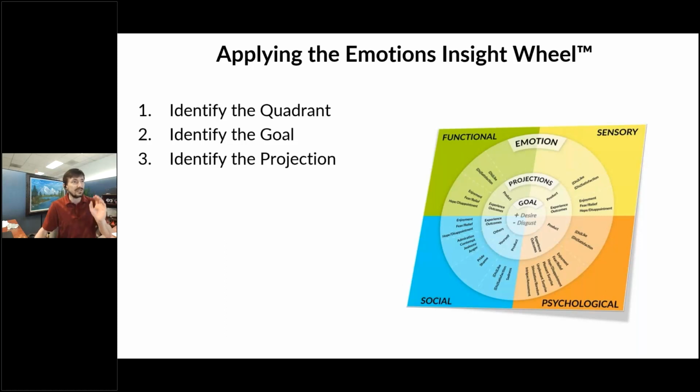What is the projection? Is it on the product and the qualities of the product, or are they talking more generically about the experience as a whole, or a process as part of the experience? Or are they talking about a person specifically? And then which emotions are they talking about? Because they may use, like we saw before, the word happy all the way through. Well, which emotion is that? I may use the same word to describe enjoyment as I use to describe liking. And as a researcher, if you can use this wheel to decouple, oh, they're actually talking about an entire experience, so it's not really liking, it's enjoyment.